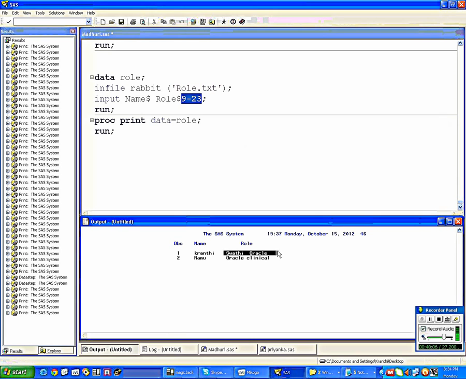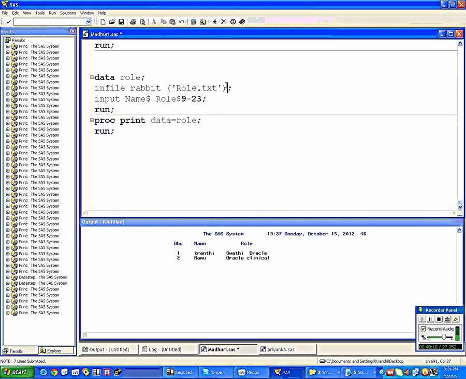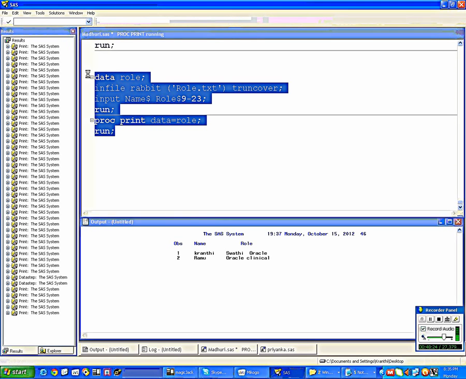So that it sits here and it goes to the next line. That's the reason you are getting it correct promptly, but the next record comes in as a row, because there is no given column, there is no defined column here in the external file. So simply use the truncover.